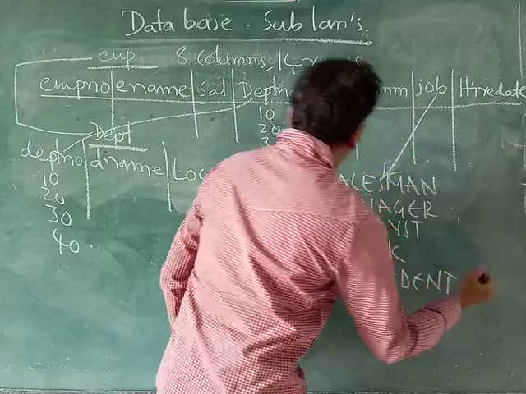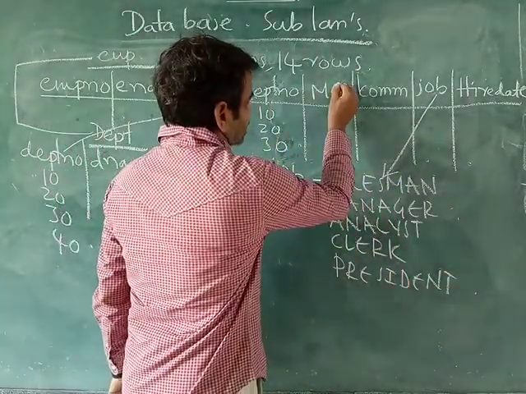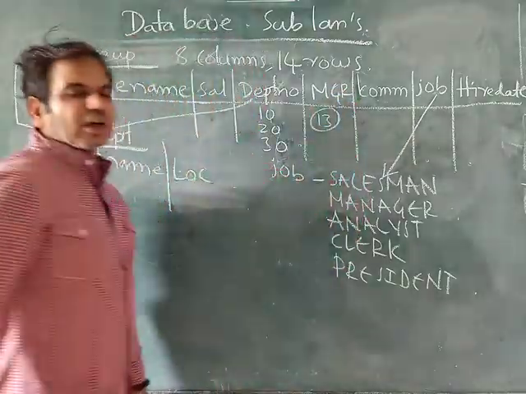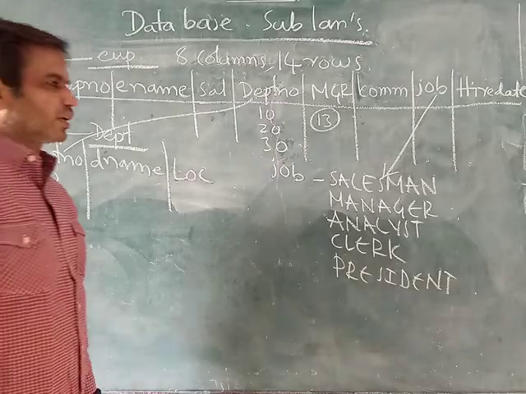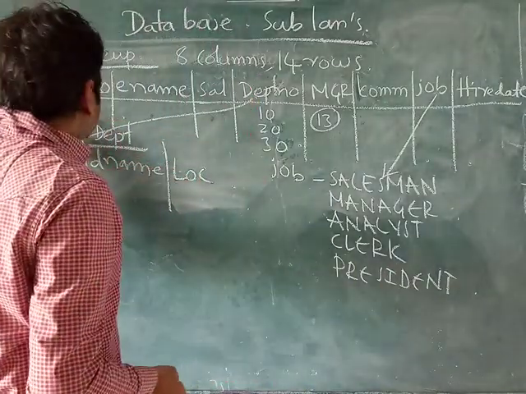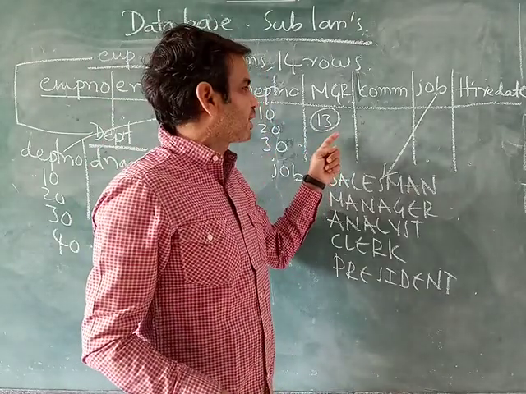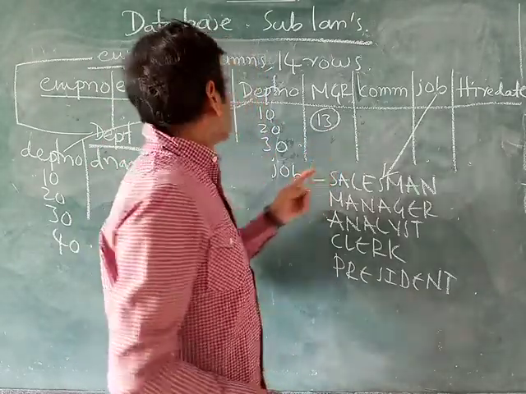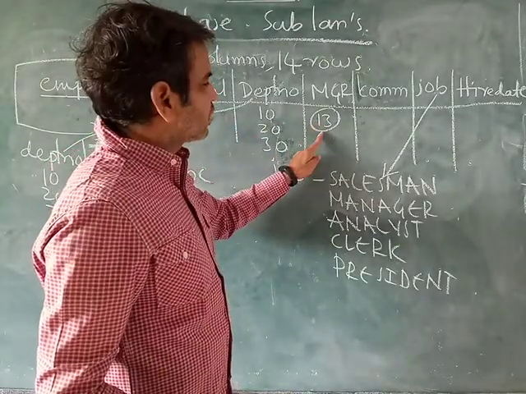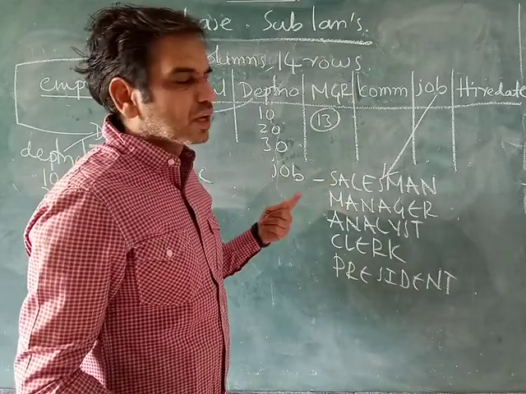So these are the 5. And if you come to MGR, manager number, there are 13 MGR values, because MGR means manager. This is the employee number that has this manager. So there are 13; one person does not have the MGR number because he is the manager, his job is